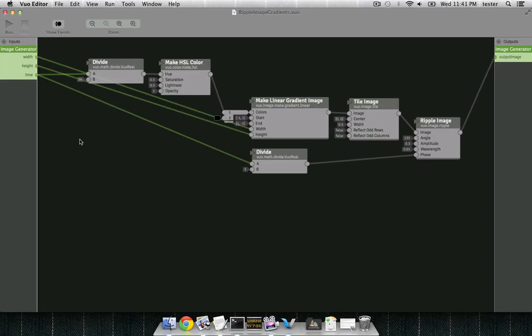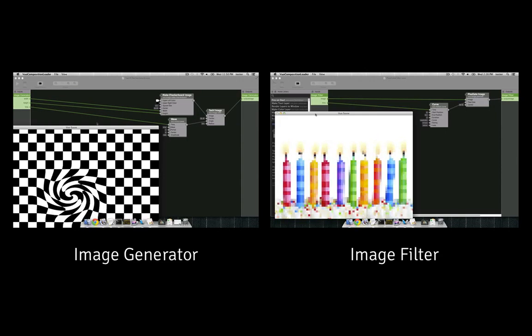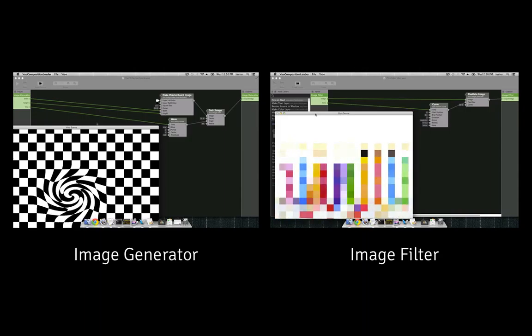So, once again, the rule for event flow that protocol compositions need to follow is, for each event that comes into the published input ports, exactly one event goes out of the published output ports. The two types of protocol compositions in Vuo are image generators and image filters.